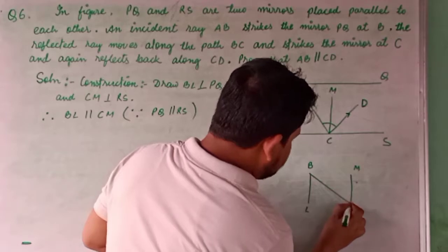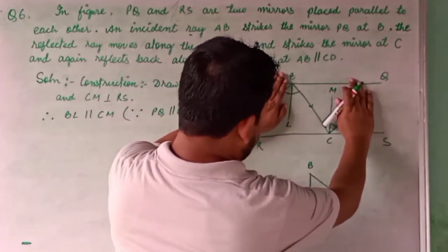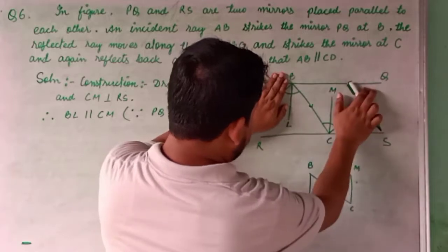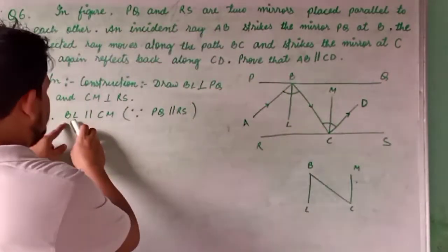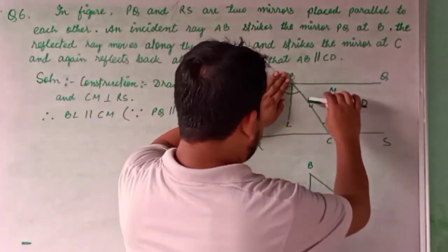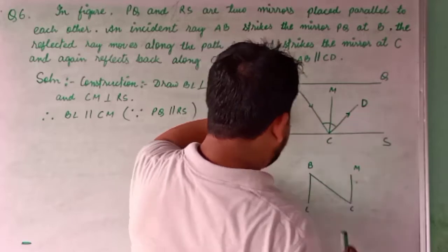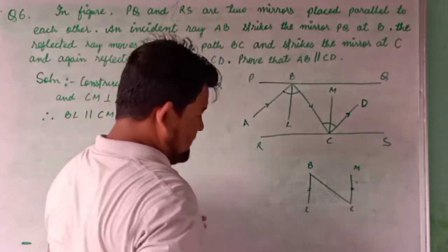And here one transversal is there. See, BC, if we see like this, am I right? Let us say this way. They say BL is parallel to CM, because we have already got BL is parallel to CM here. So BL is parallel to CM and BC is the transversal, am I right? So now if I have already got this line and this line parallel to each other, then what I